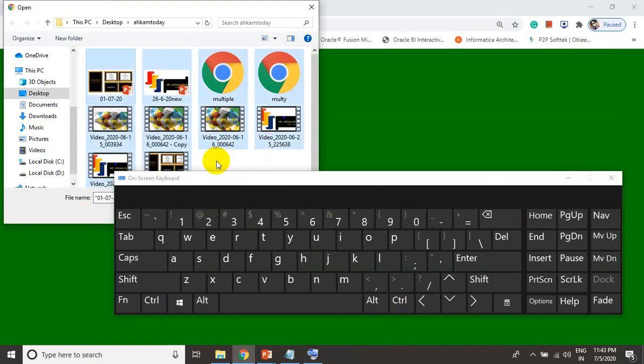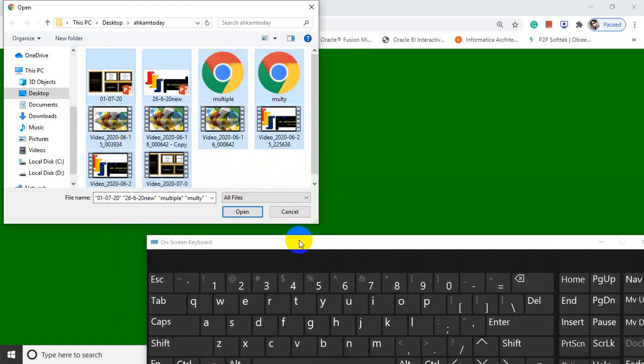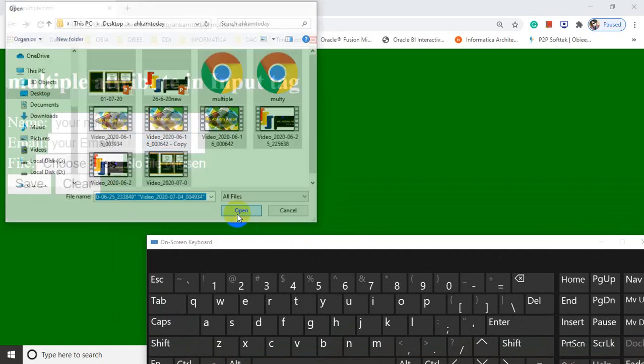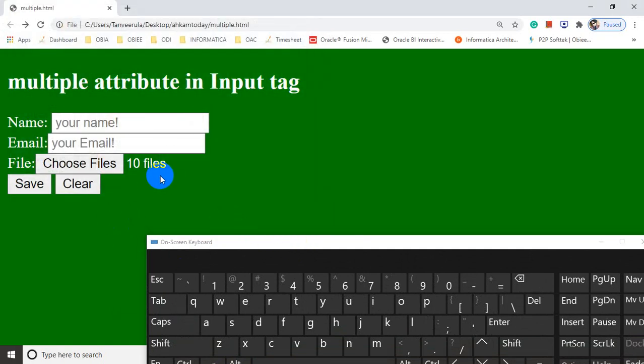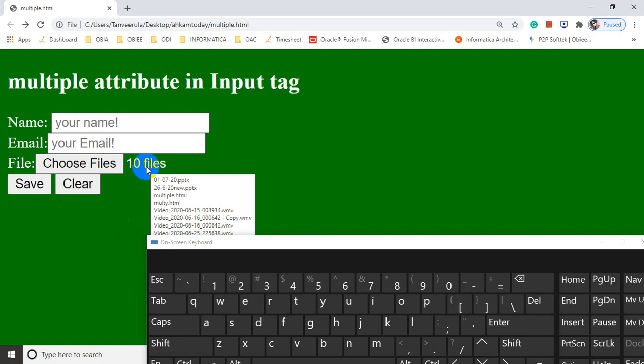Control A, see, all files selected. When you click on open file, again it's showing 10 files.